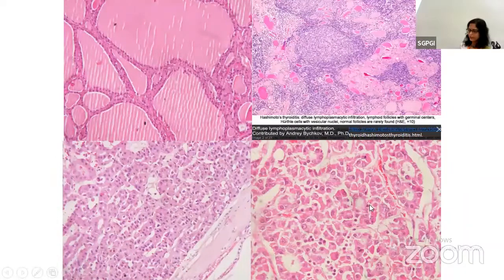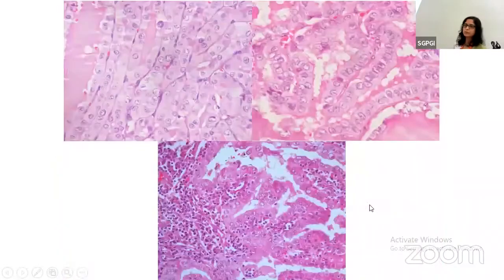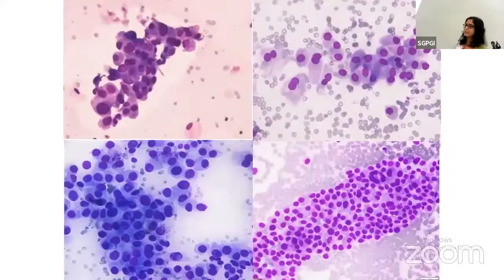In Hashimoto thyroiditis, a predominant oncocytic nodule may be there. Oncocytic PTC, tall cell PTC, Warthin-like subtype of papillary thyroid carcinoma, oncocytic MTC. So you can see them in a number of cases, and depending upon what you are seeing, the Bethesda will be decided like that. So for example, this was an aspirate in which predominantly we got oncocytic cells, but there were interspersed small lymphocytes. Clinical history was suggestive of Hashimoto, so we call it category 3,